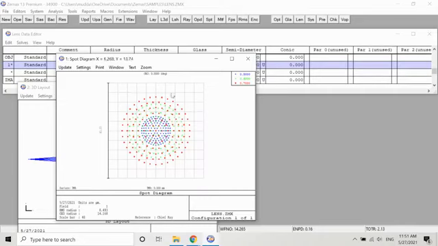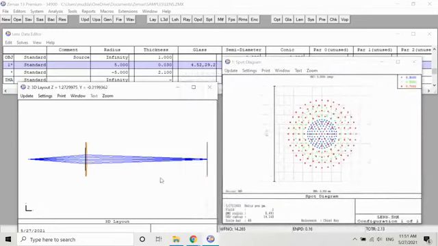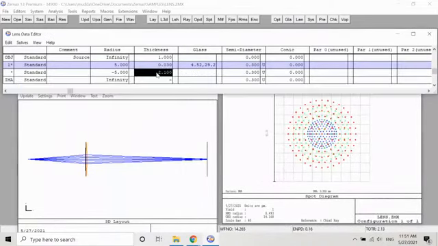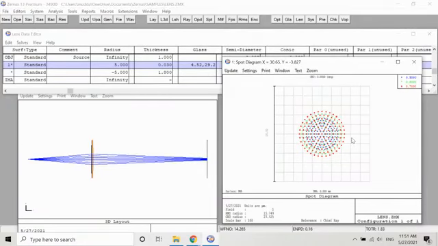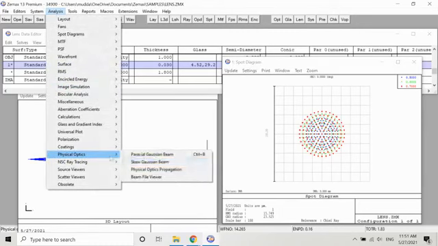So if you want to change this one, you can make changes according to your choice, like I make it 1.8. When I update this, you can see the spot diagram is changing. So you can change your system designing according to your requirement. After that, another important thing is you need to check the power and the spot size or beam size on the detector separately for each of the wavelengths.